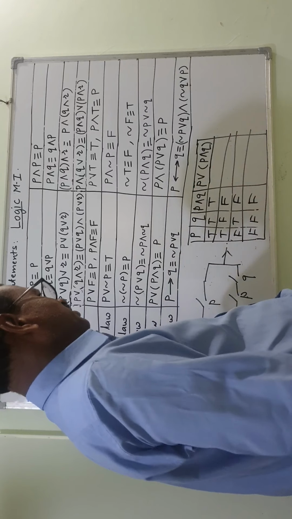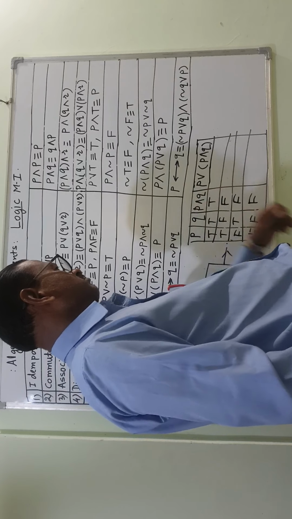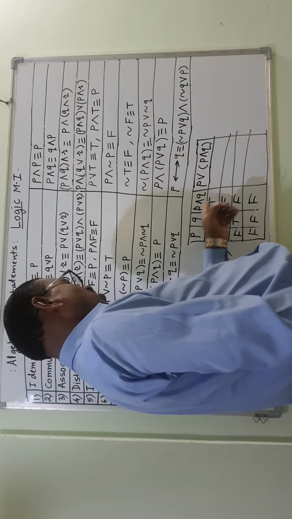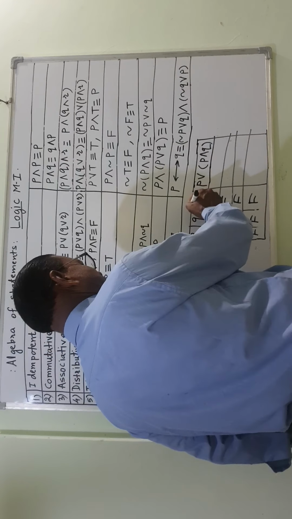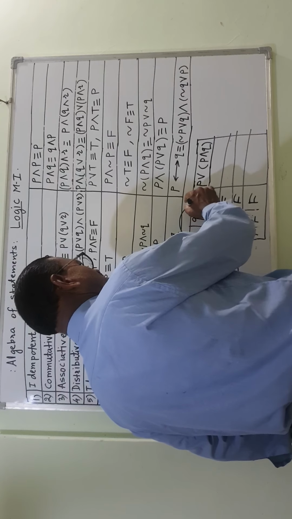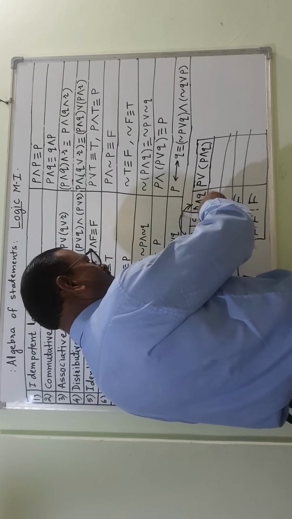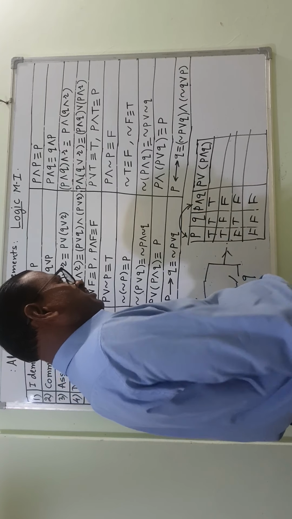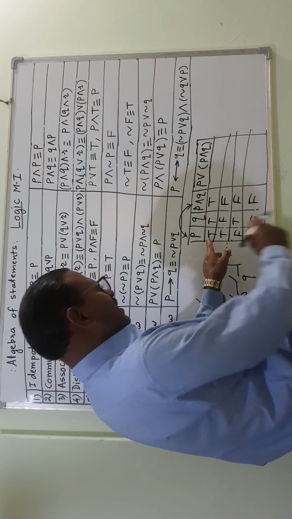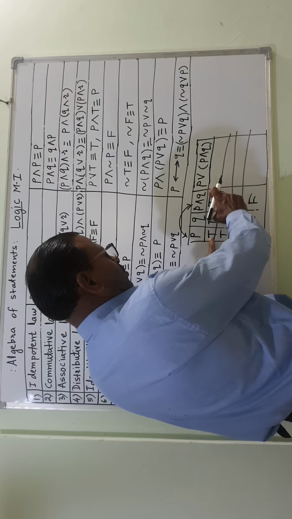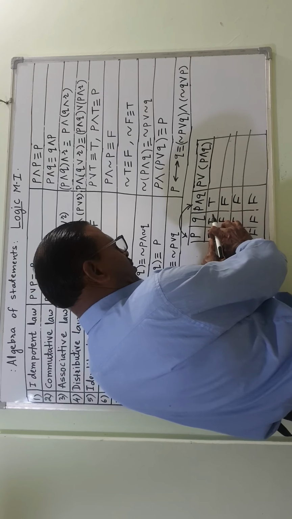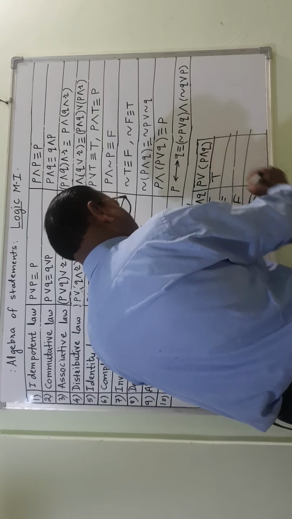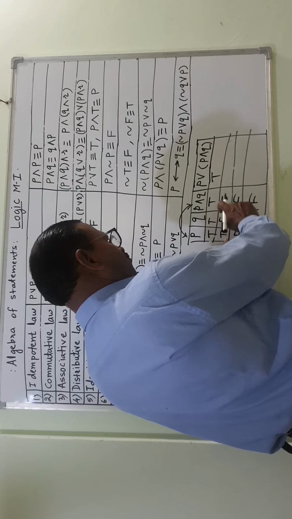Now the last column, this I have done. P and Q. Now I have to make OR with this. This and this I have to make as OR. P or P and Q. OR means parallel circuit. OR means parallel circuit of this and this. So if these two are true, then true, parallel circuit. True, false.